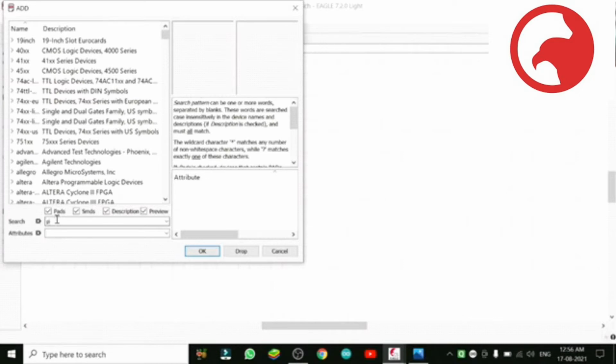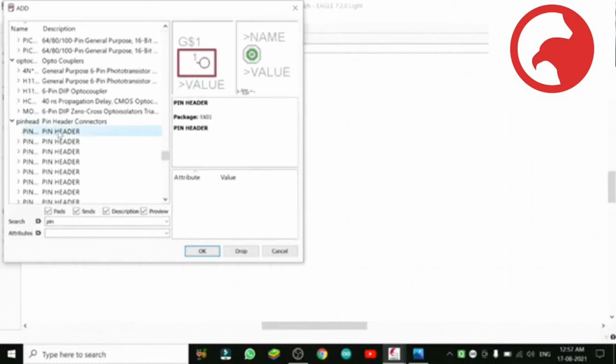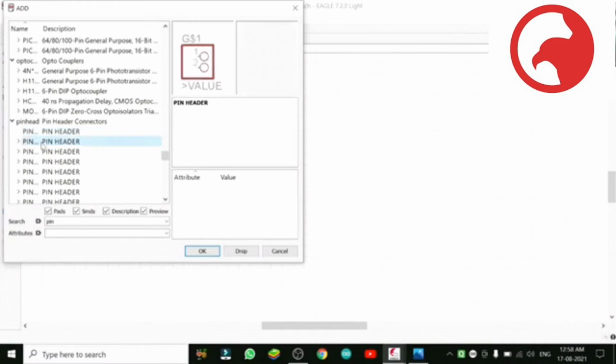I prefer these US symbols. They are similar to our Indian components, which we commonly need in India. So here the pin head has come, but it is a single pin. I told you before also, if we click on the folder, both symbols will not come, only one will come. We cannot drag this component into our schematic working platform. So in the folder you will see one symbol.